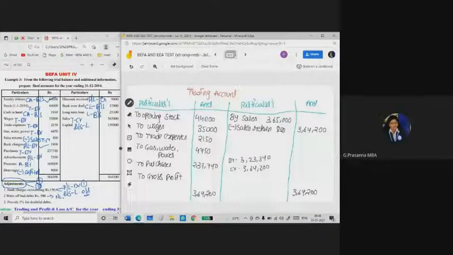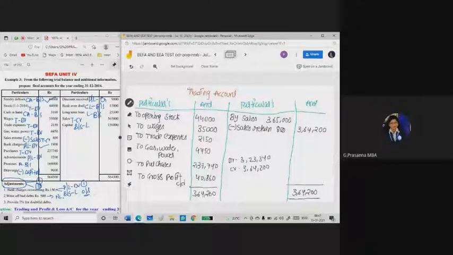Carried on, to gross profit carried on. If you are getting the balancing figure on this side, it means you got profit. Suppose you are getting the balancing figure on the other side, it means you got gross loss. How much gross profit did you get in this question? 40,860 rupees. Now we have closed the trading account.